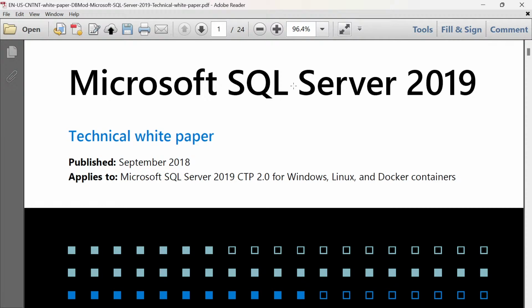All right. So here we have a legal paper from Microsoft about SQL Server 2019, which will guide us towards the various features and applications of SQL Server 2019. All right. So it will be a brief session of around 30 minutes, which will take us into the world of database systems, rather RDBMSs, and then